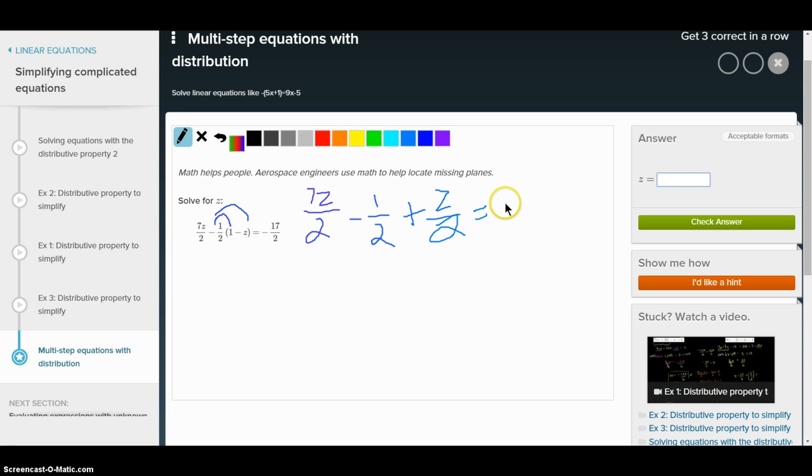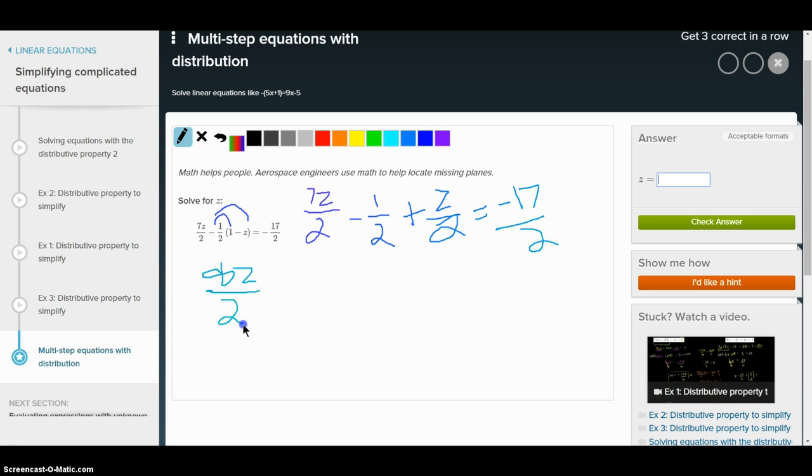And the answer is negative, well, it's equivalent to negative 17 over 2. Okay, so now let's combine like terms. We have 7z plus, well, 7z over 2 plus z over 2. So that's the same as 7z plus 1z over 2, all that over 2. So 7 plus 1 is 8. So 8z